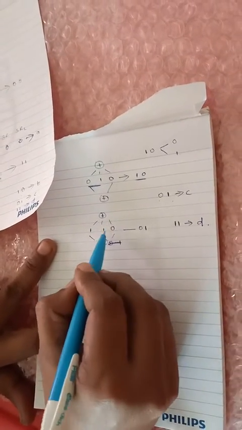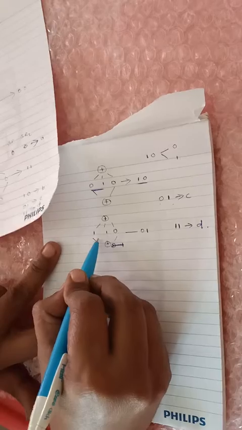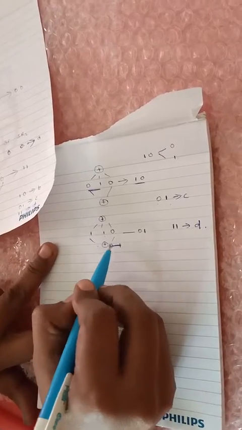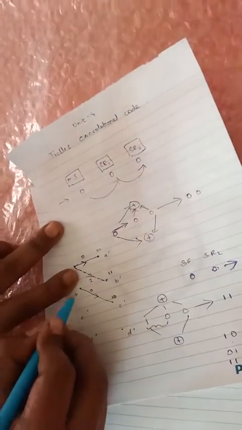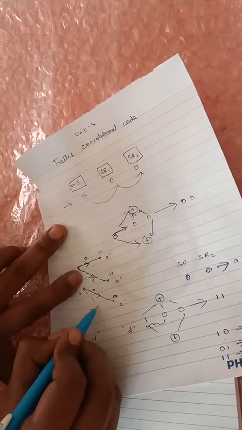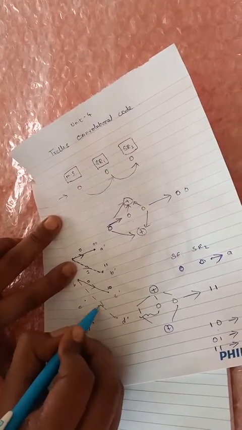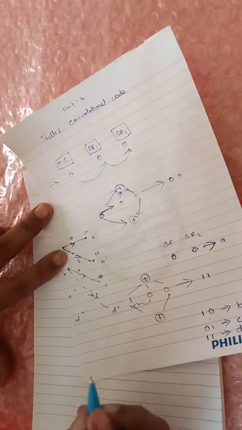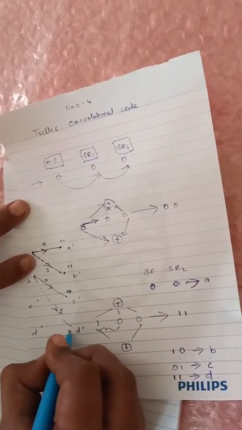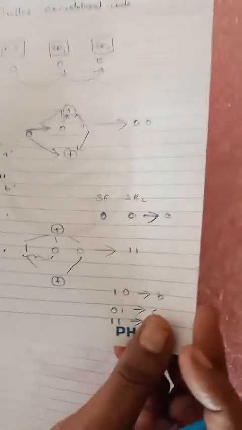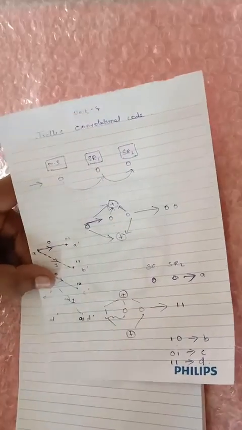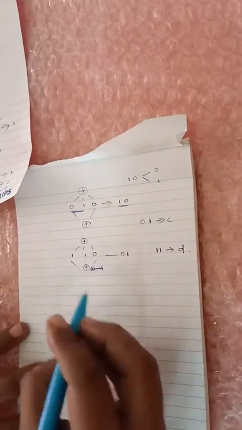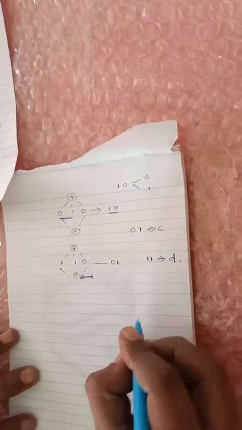So your B state is going to D state when the incoming bit is 1 and your output is going to be 0 1. So here what I am going to draw is, your B state is going to go on to your D state when your incoming bit is 1 and your output is going to be 1 1. So that is your output, it is going to be 0 1. Okay, sorry.